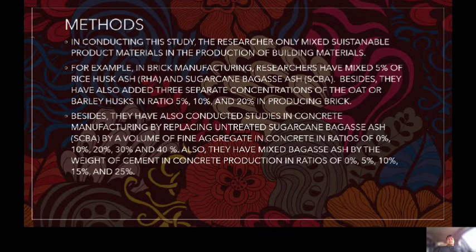The methods. In conducting this study, the researchers only mix sustainable product material in the production of building materials. For example, in brick manufacturing, researchers have mixed 5% of rice husk ash (RHA) and sugarcane bagasse ash (SCBA). Besides, they have also added 3 separate concentrations of oat or barley husk in ratios of 5%, 10% and 20% in producing brick. Next, they have also conducted studies in concrete manufacturing by replacing untreated sugarcane (BHH) SCBA by